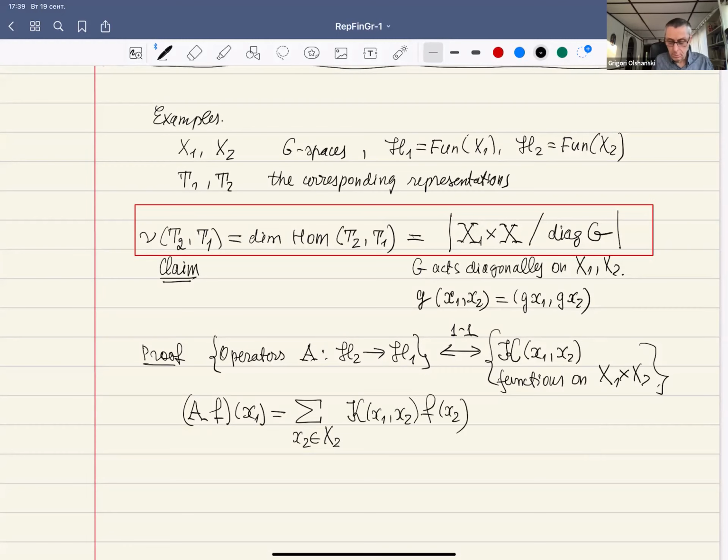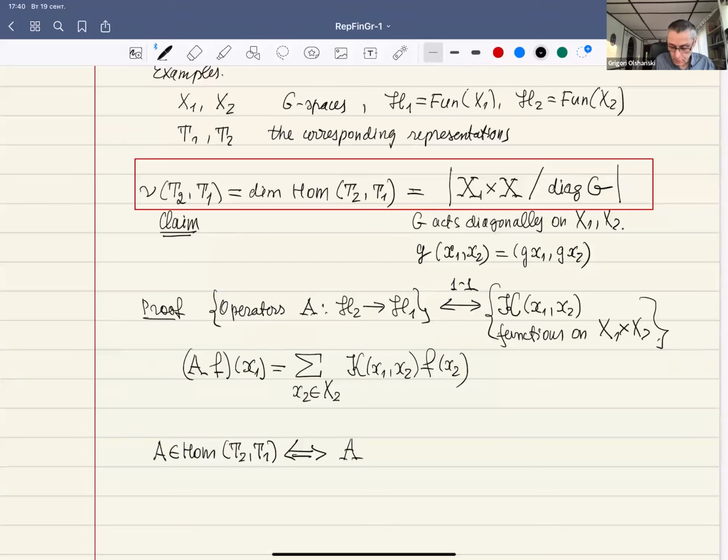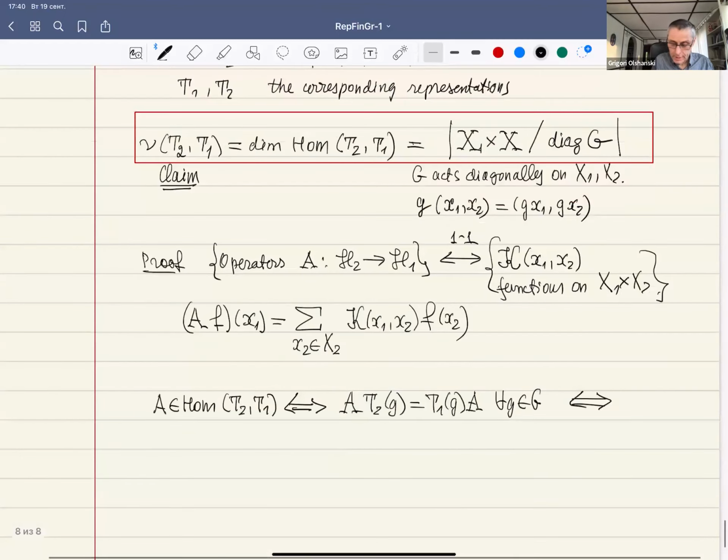So this is easy, I think this is trivial, but now we see that the condition that A is an intertwining operator is equivalent to the relation, by the very definition of G, and this can be seen as